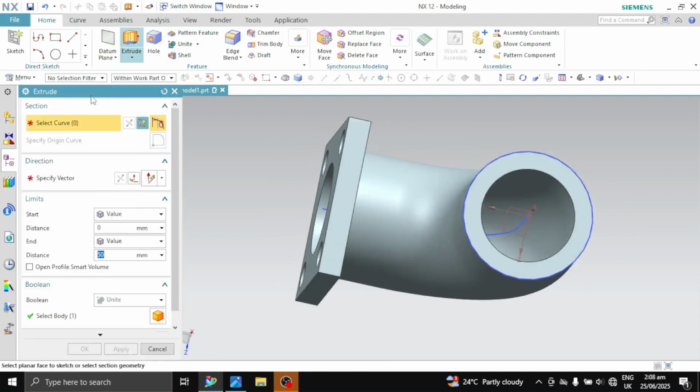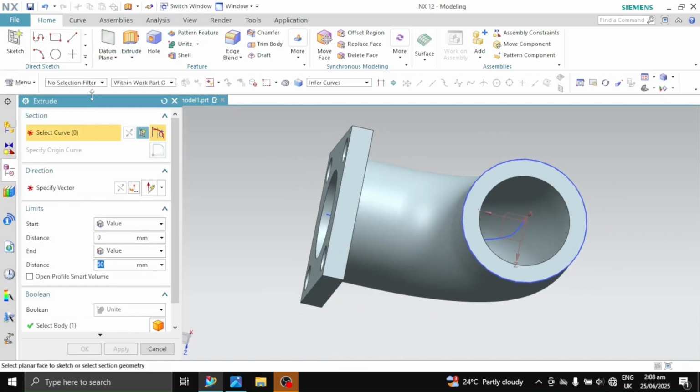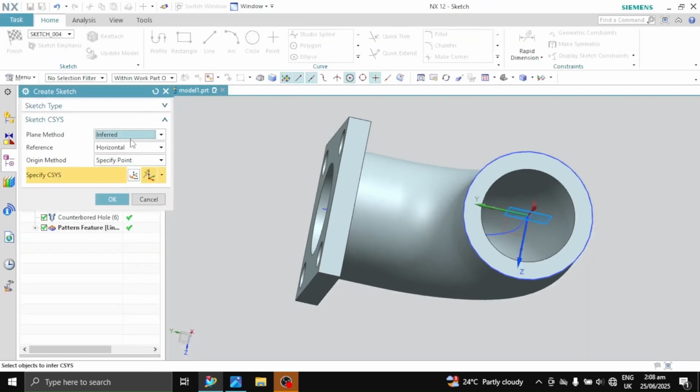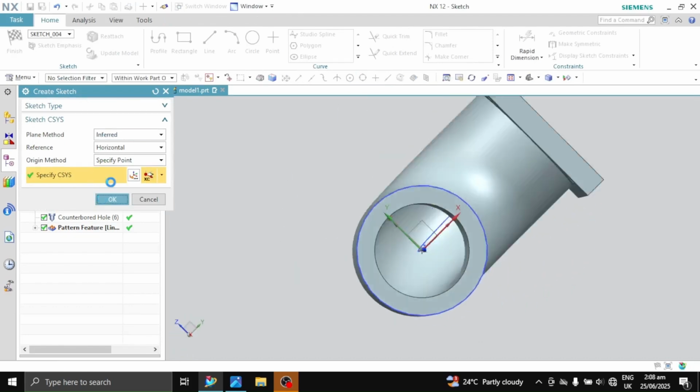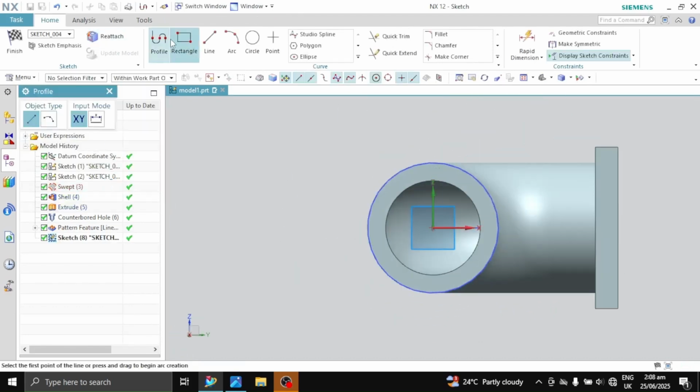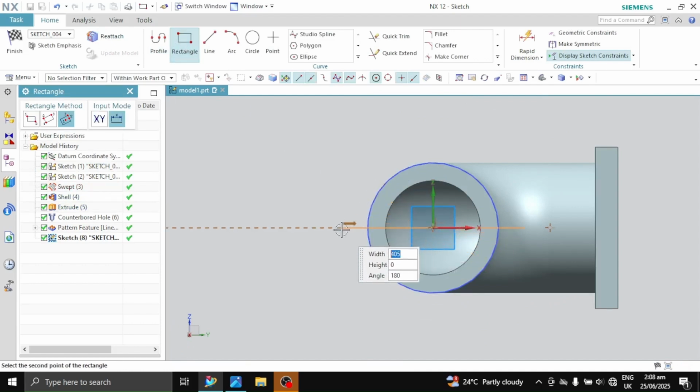You select extrude and sketch, and click on this face here and press OK. So you draw a rectangle or a square 360 by 360.